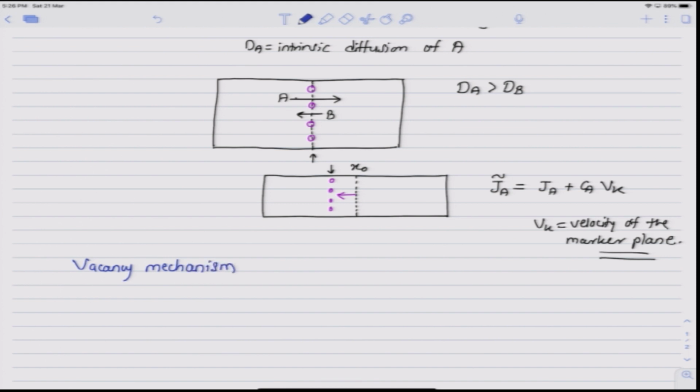And since more A atoms are moving from left to right than the number of B atoms from right to left, there is a net vacancy flow which is occurring from right to left, which we can denote as J_V. Because of this, as the time progresses, there tend to be an excess of vacancies on the left side of the alloy,